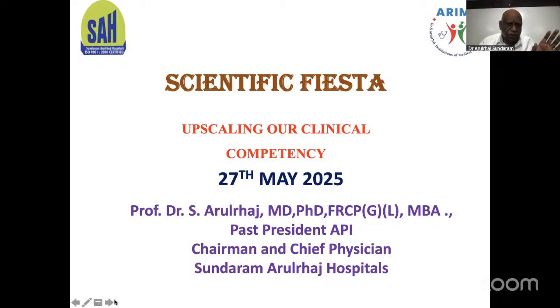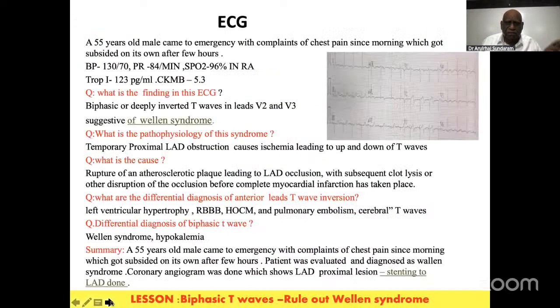Now over to the clinical album here. The first one is a very interesting one. A 55-year-old man had a chest pain, suggestive of a myocardial infarction. Markers and enzymes were elevated. See the ECG in the anterior leads, there is a T wave inversion, which is not a classical coronary T wave. It is a biphasic T wave, upper and lower.